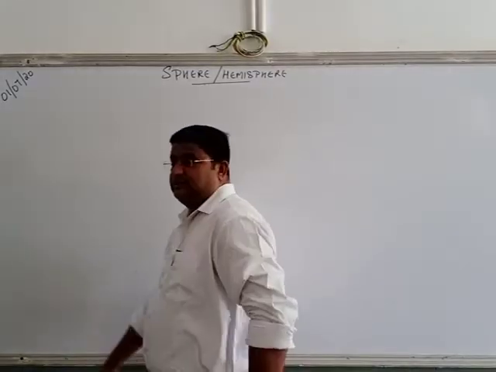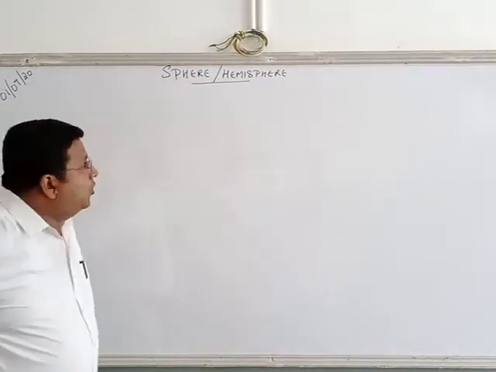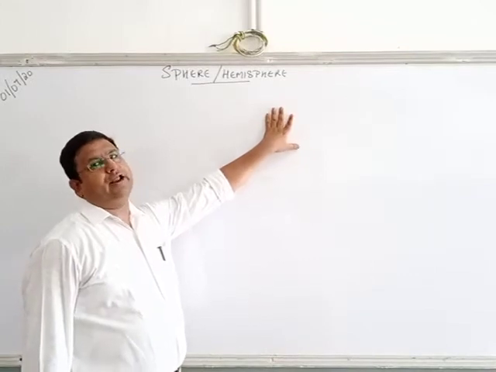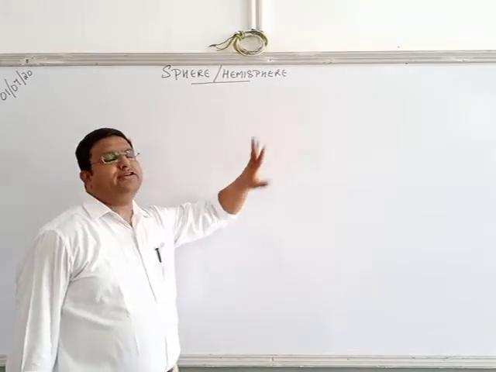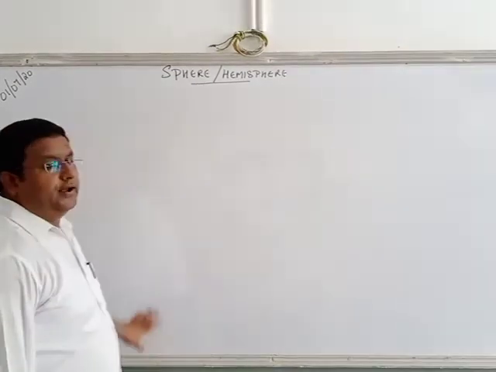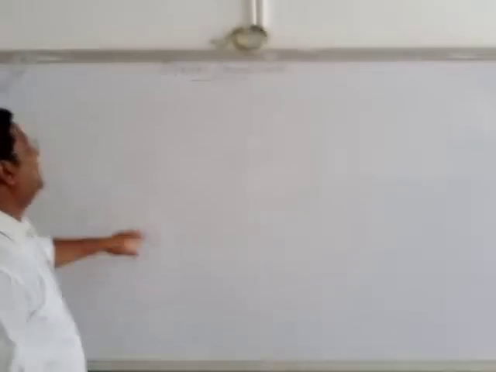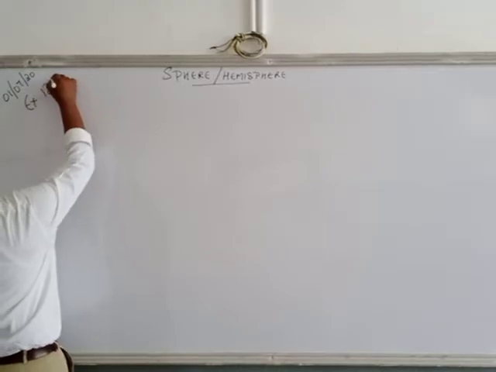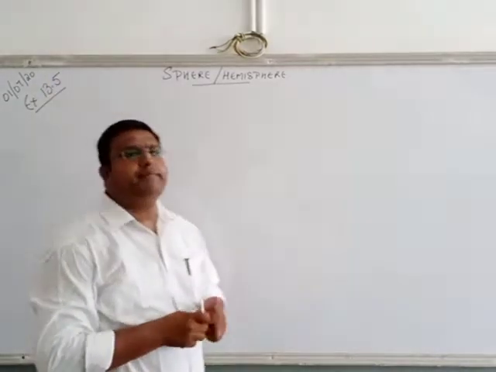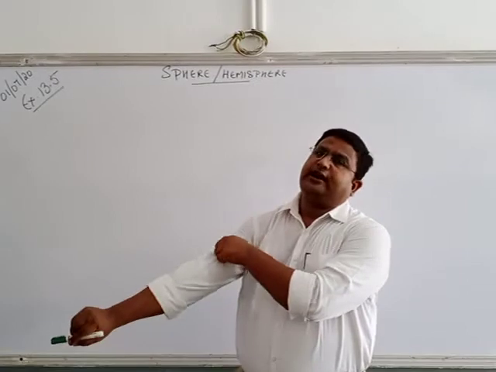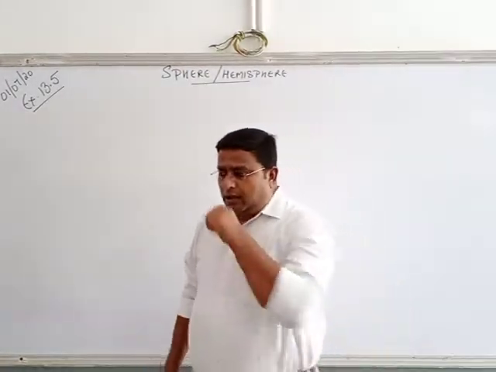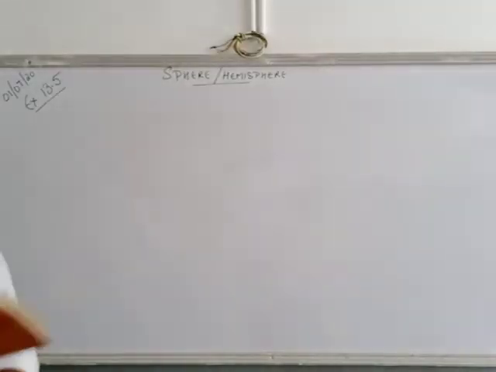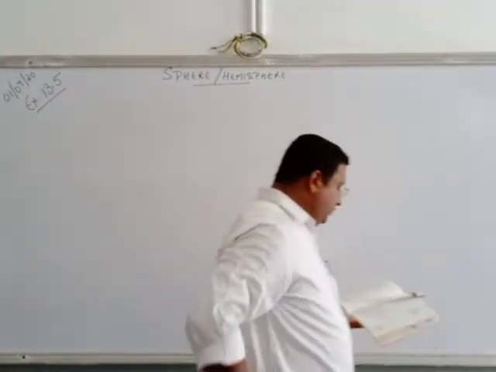Good morning, students. Today we will be discussing sphere and hemisphere, the last topic of your surface area and volume chapter that was left. That is based on exercise 13.5 and 13.8. 13.5 is related to surface areas of sphere and hemisphere, and 13.8 is related to volume. If you take a look at the questions of your textbook, page number 225, you find question number